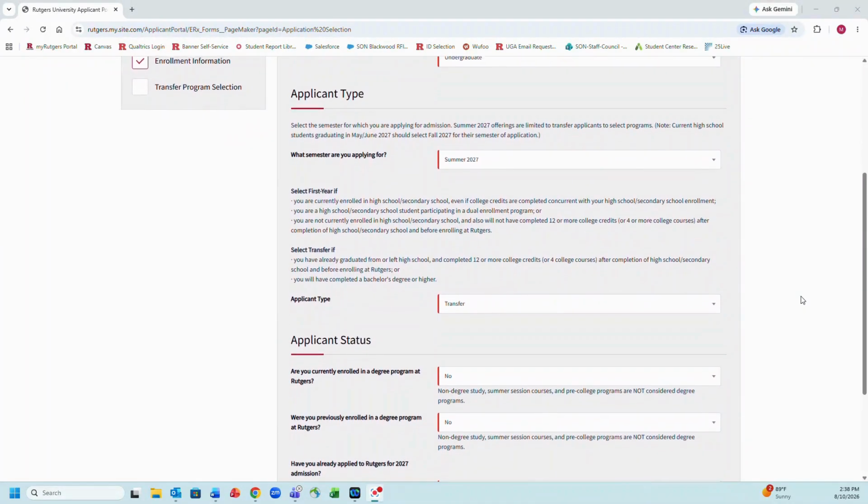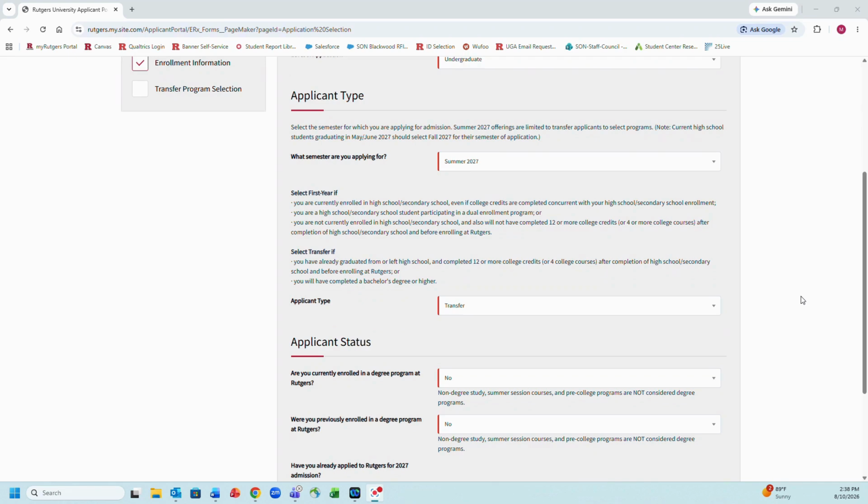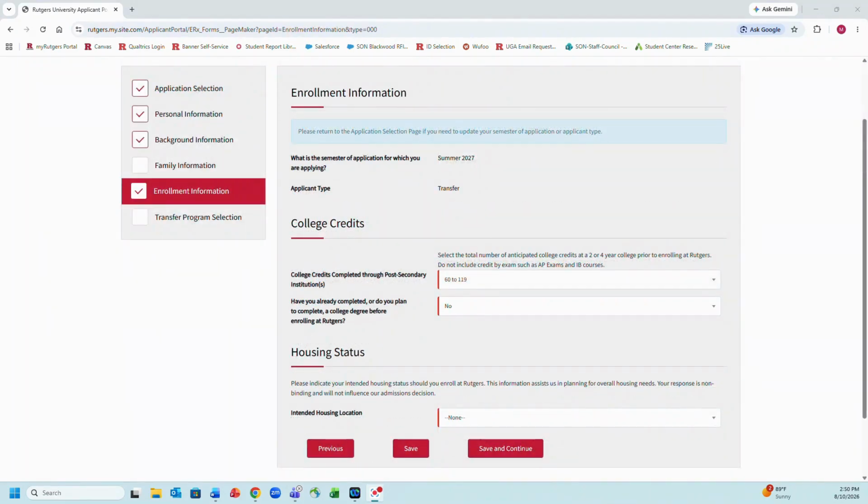As a student with no previous Rutgers affiliation, you will select the answers that you see in front of you, know that you are currently enrolled in a degree program at Rutgers, and know that you were previously enrolled in a degree program at the university. In the event you are a re-enrollment student applying to the program, you will need to select yes to the answers to these questions. As you continue with your Rutgers University application, you will next move on to the enrollment